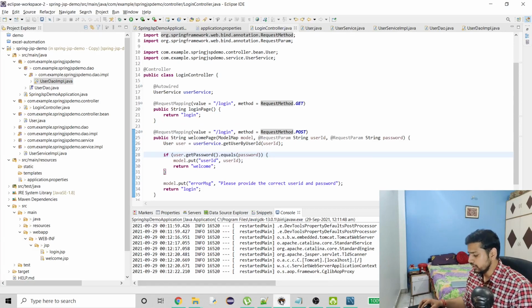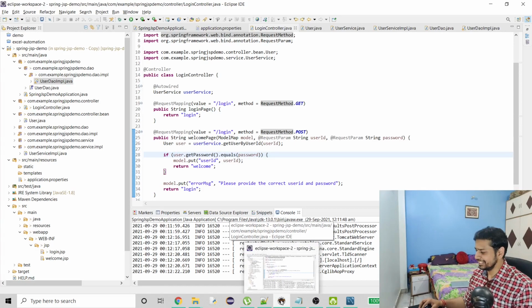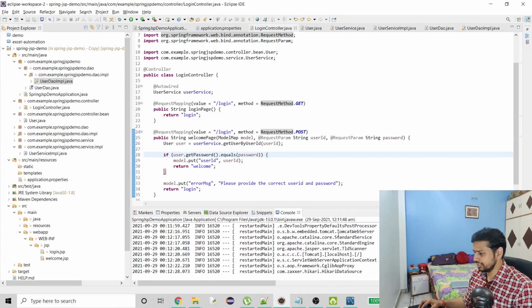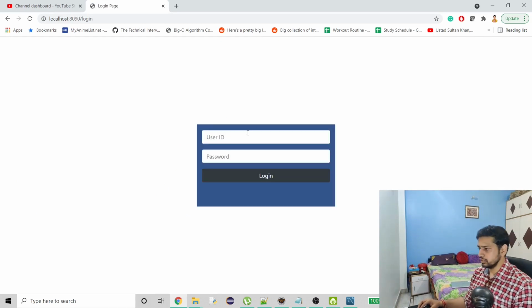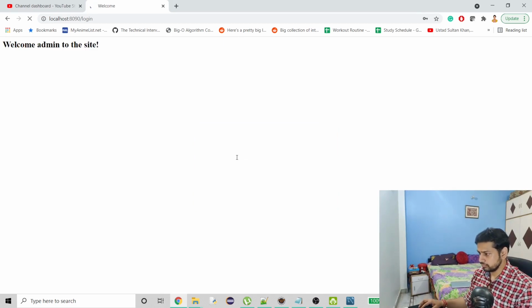Okay, I think Eclipse is trying to be a pain, so anyways, let's hit this again. Okay, so we have this login page now, and now let's try to hit login. So yeah, we got welcomed, so that's good.